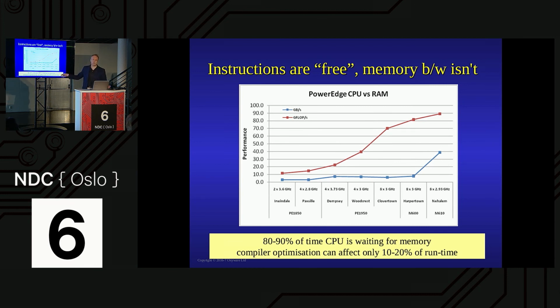The consequence of this is 80 or 90% of the time, the CPU is actually waiting for memory. It says on top, or your tool measures, yeah, I'm 100% busy. What it's actually doing is just waiting for the memory. And if only 10 or 20% of the time is actually being spent on instructions, if you apply all the compiler flags in the world, you can only save a little bit on that. So your 10% might go down to 9%, you've saved 1% on your runtime by adding all those extra instructions in, because you're dealing with memory. The compiler can only deal with that 10 to 20%. The 80 to 90% of memory, that's your job.